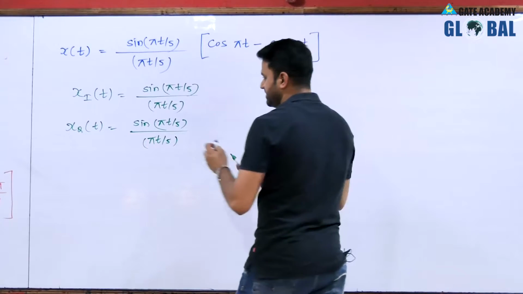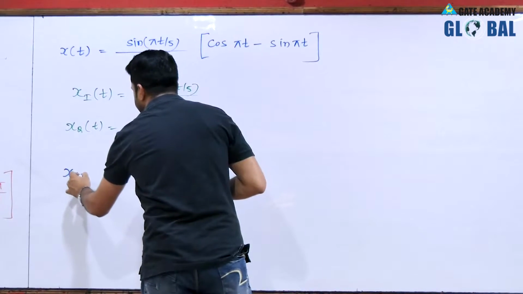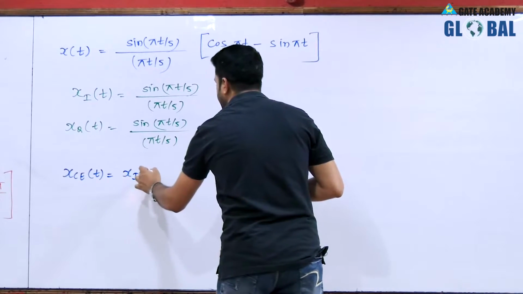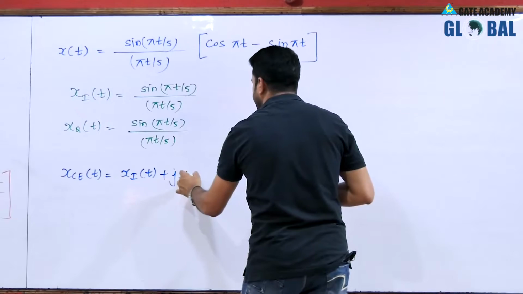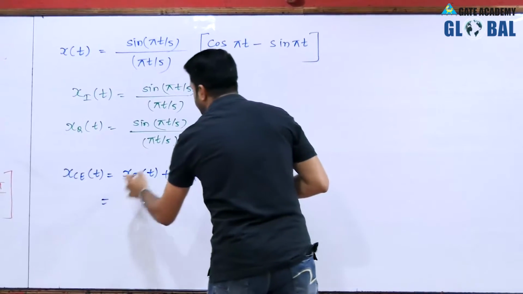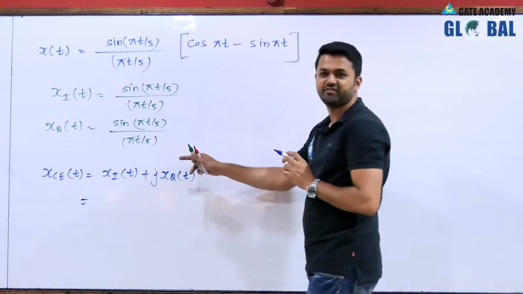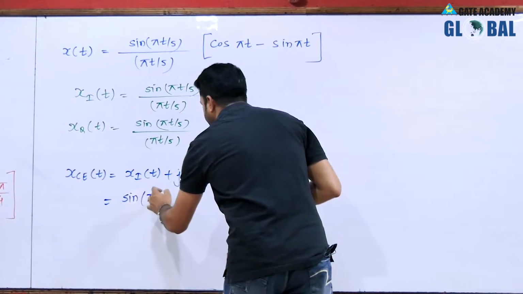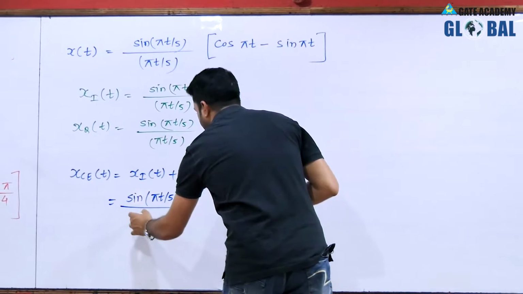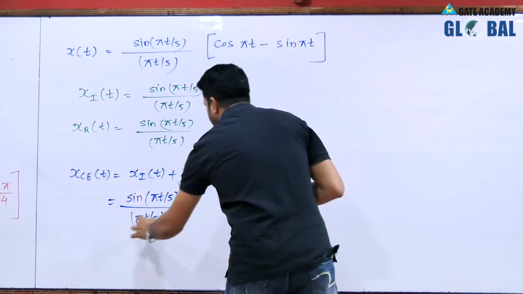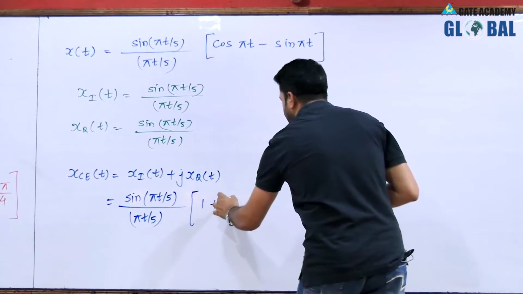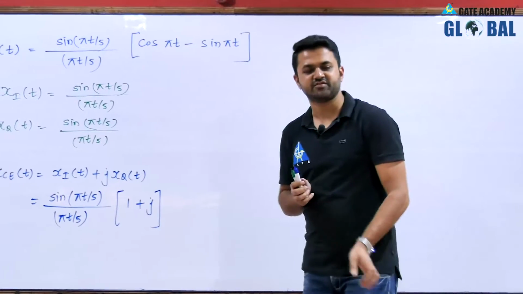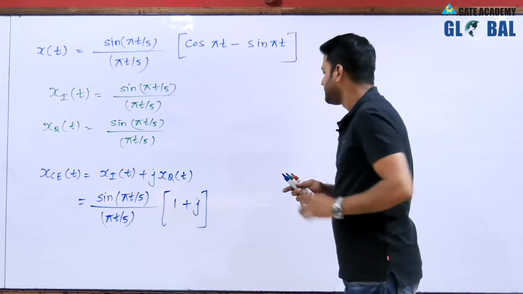Now we have to write the complex envelope. So xCe of t is xi of t plus j xq of t, and in these two terms sin pi t by 5 divided by pi t by 5 is common, so this is sin pi t by 5 divided by pi t by 5, and in the bracket we will be left with 1 plus j only, and this 1 plus j, which is in Cartesian form, we can write in polar form,